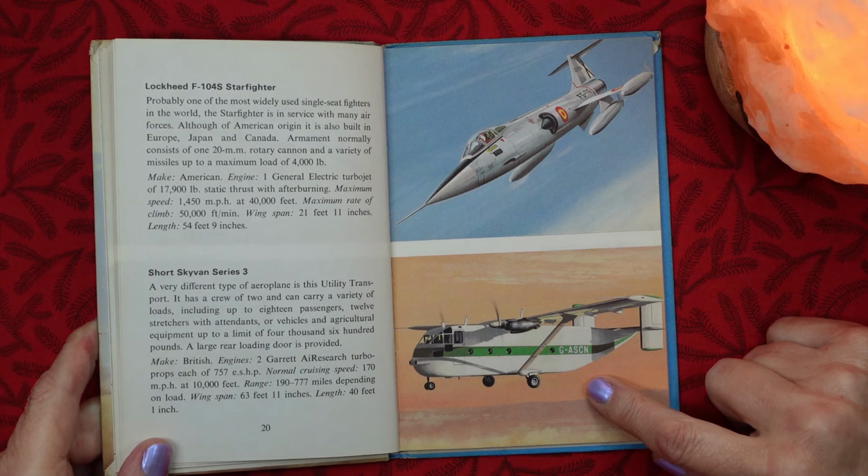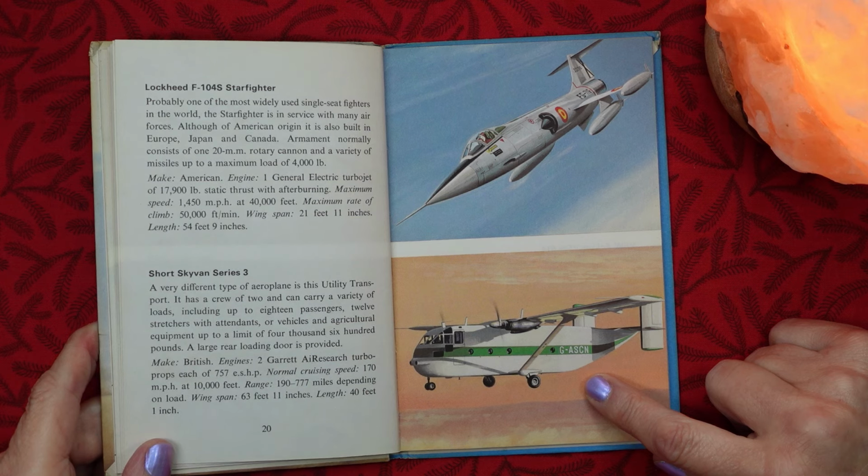It's British made. It has 2 engines, Garrett AiResearch turboprops each of 757 ESHP. Normal cruising speed 170 miles per hour at 10,000 feet. Range 190 to 777 miles depending on load. Wingspan 60